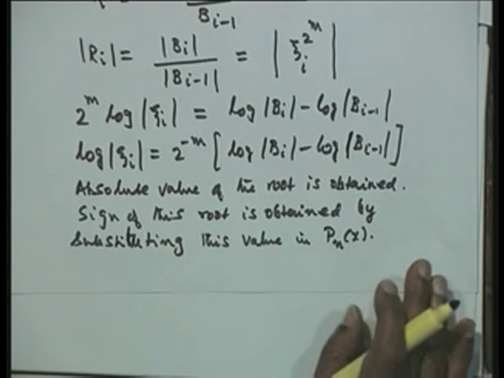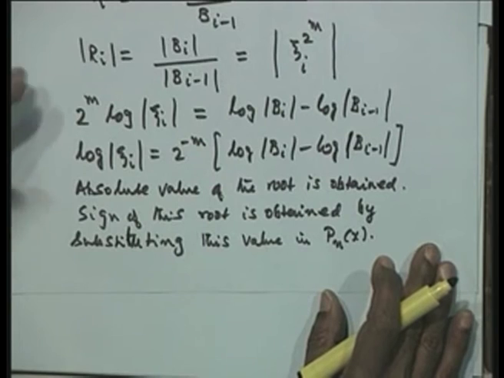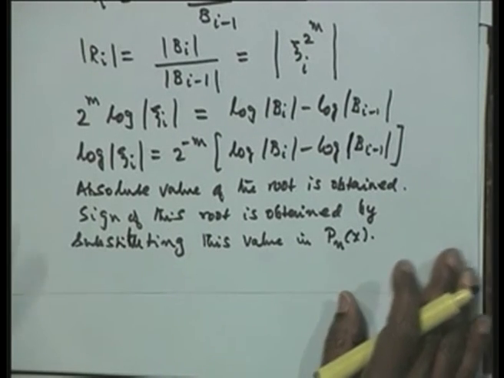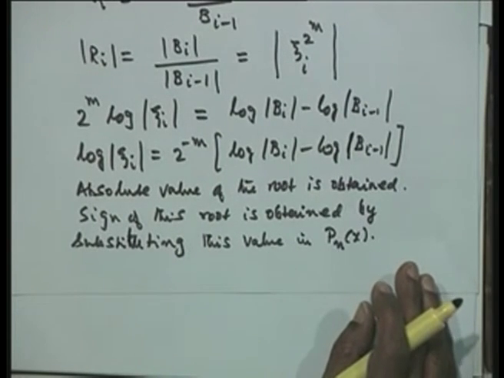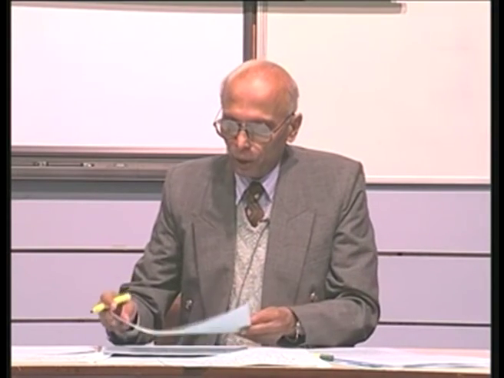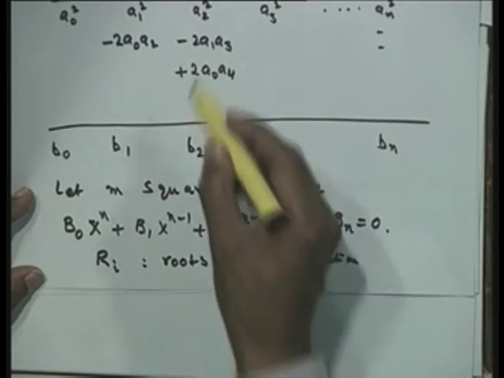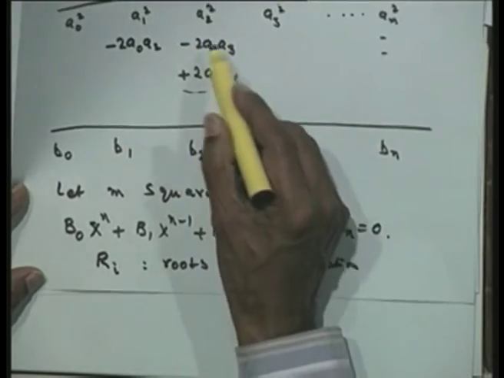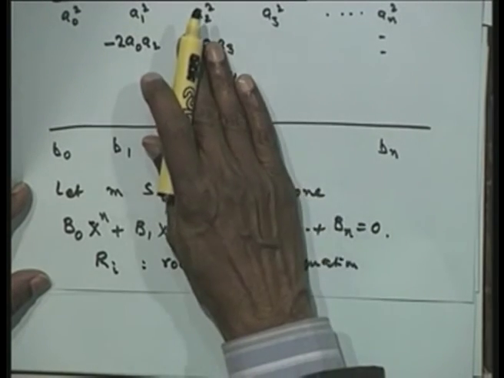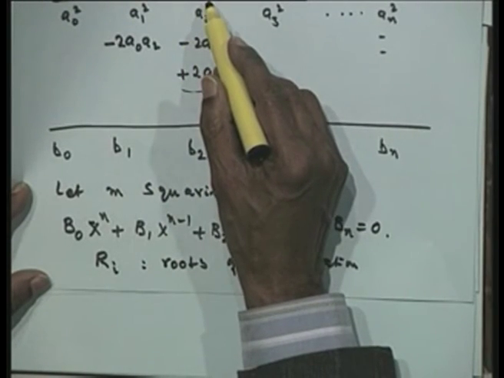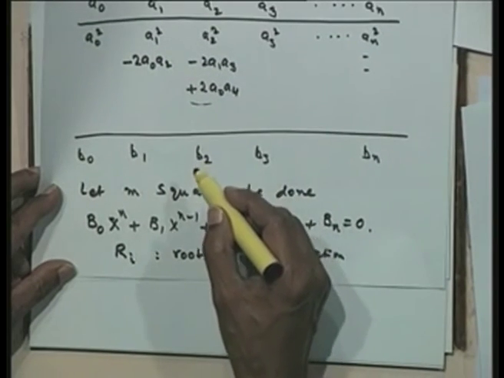Now, an indicator as to when you should stop. Of course, we can do 2 squarings, 3 squarings and so on. An indication of when the root squaring procedure should be stopped would be, if you look back at this particular table we have formed, when the contribution of these cross products becomes small compared to this a2 squared, then the next